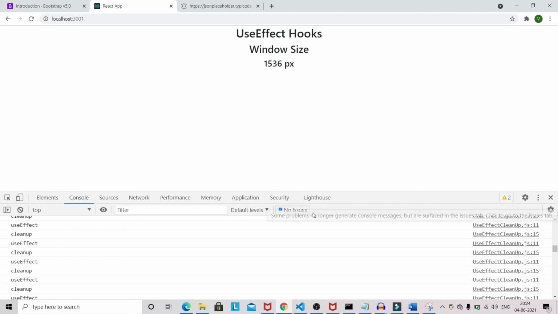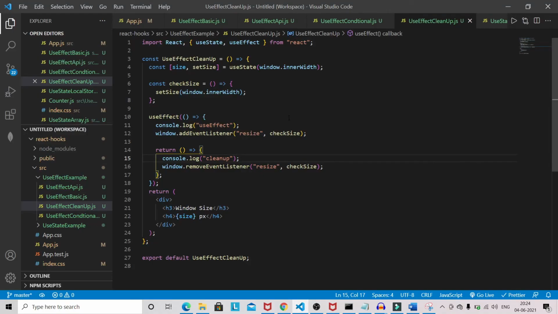So that's it guys from this video, and I hope you have understood the concept of useEffect completely. We saw a basic example of useEffect, then the rules for how you should use useEffect in a function-based component. Then how you can fetch data from an API with the help of useEffect. Then how you can mimic the component update life cycle with useEffect.